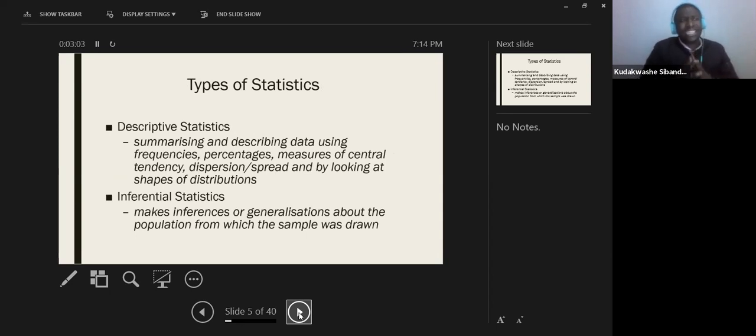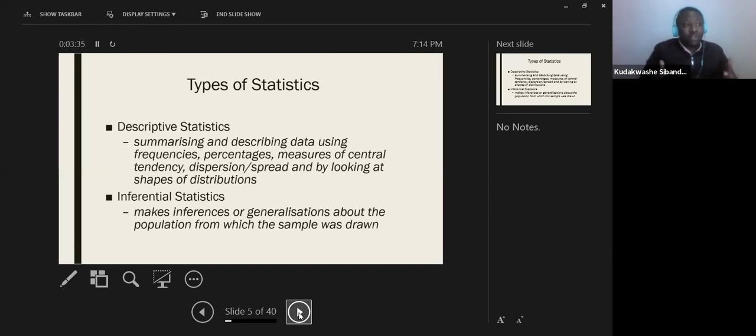So let's look at the types of statistics. What I'm covering now is your unit 1 and unit 2, because unit 1 and unit 2 is just theory, right? It's just theory, just to give you a foundation of what statistics is all about, where you use it, the types of statistics and things like that. So I'm just covering briefly unit 1 and unit 2 for now, right? Then